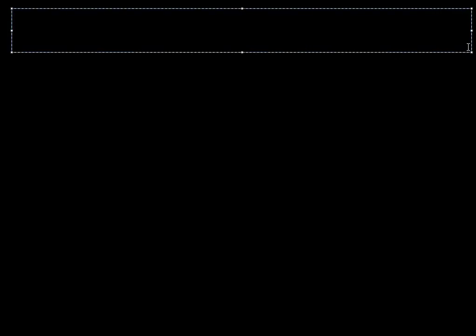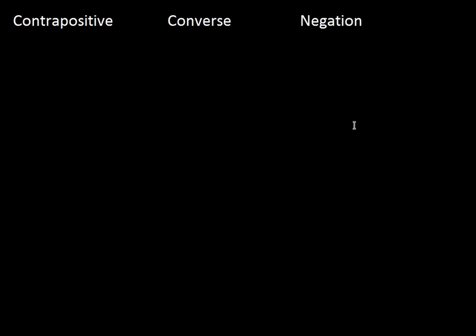So when manipulating a statement that includes a conditional statement, there are three types of conditional comparisons. There is the contrapositive, there's the converse, and the negation. And what these three represent are if the original statement